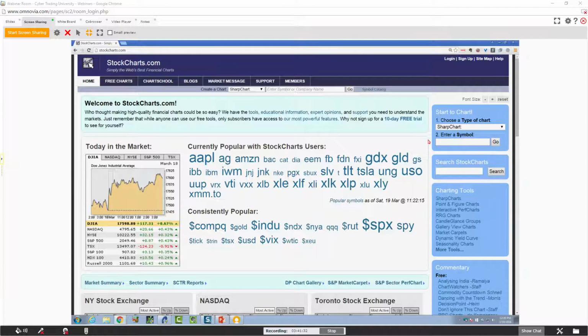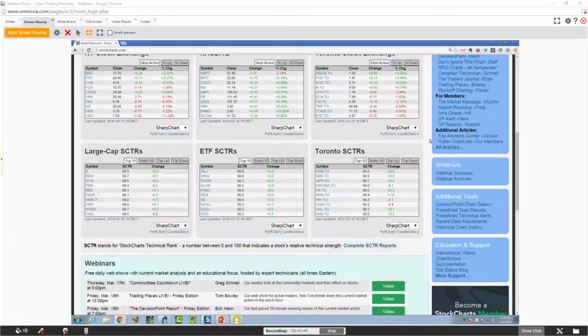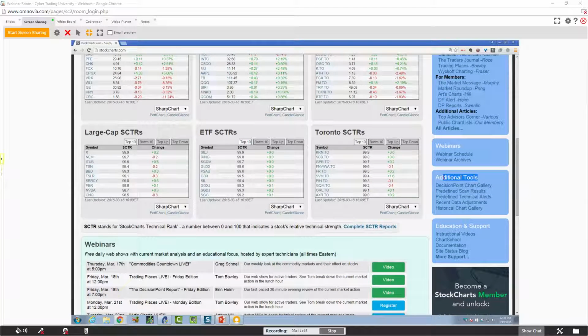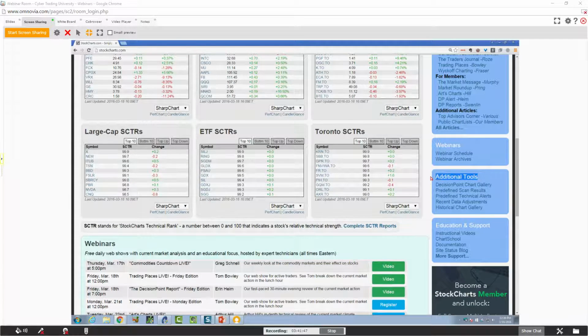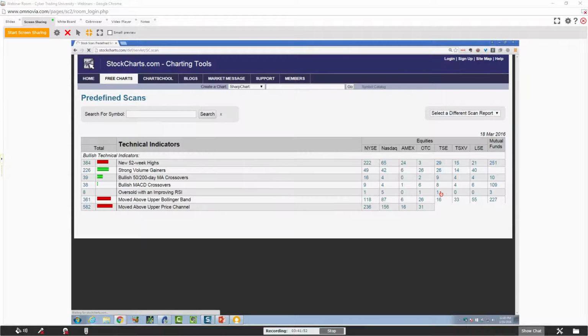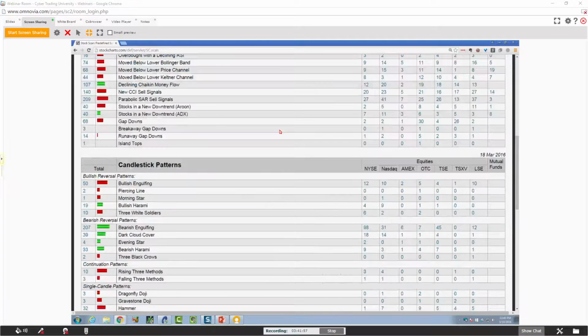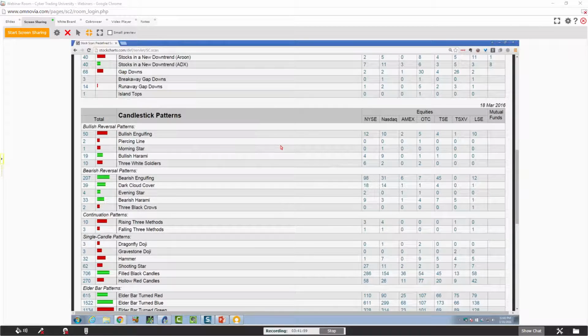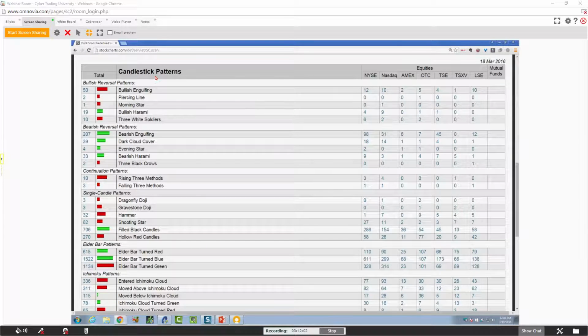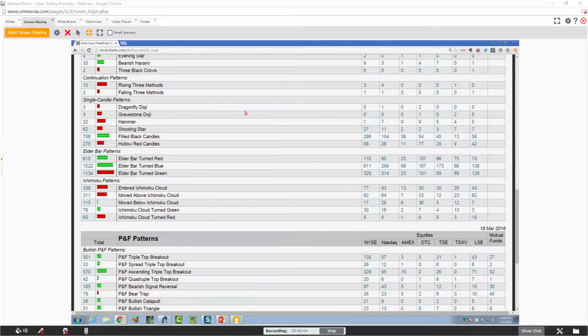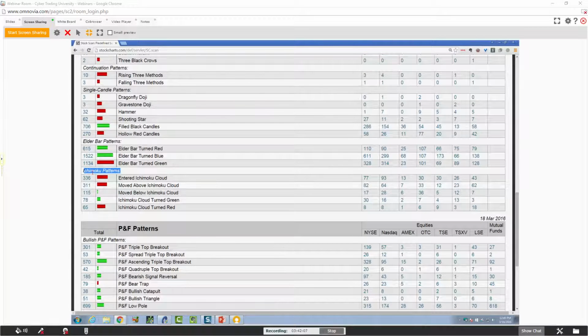You go to stockcharts.com, and then you scroll down here to the right hand of the screen. There's these little blue boxes. Does everyone see where it says additional tools? I'm highlighting it right now. Additional tools. And then what we do is we click where it says predefined scan results. We click there one time. Then we scroll down. This is going to make you a watch list so that you can play with. And you see where it says candlestick patterns? Well, you're going to go to the bottom here where it says Ichimoku patterns, and you spell Ichimoku